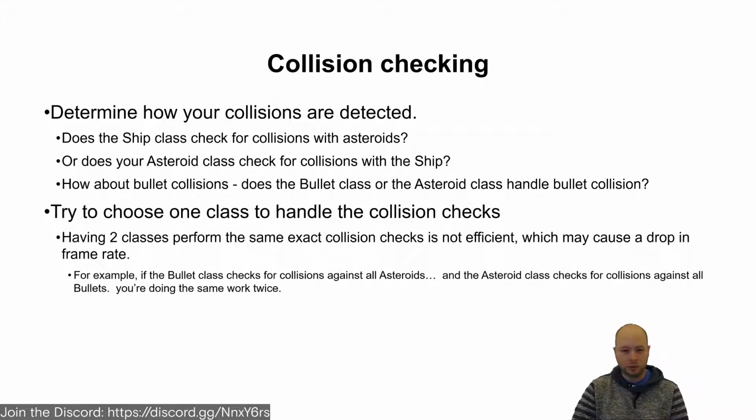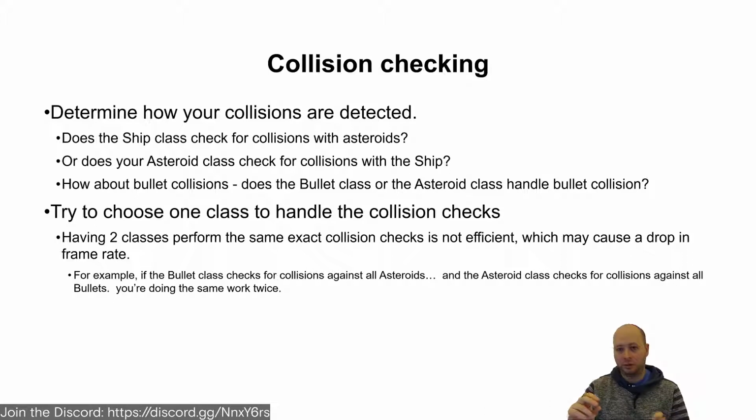The other bit, in this game, is how are things going to collide with each other? How do you know when things collide, and how do you get that information? Does the ship test for collisions against the asteroids? Does your manager check that? Does the asteroid check for collisions? Who's going to do it? Is it going to be a collision manager that you offload it to? The reason you might want to think one over the other is that having two things do it is not efficient, but